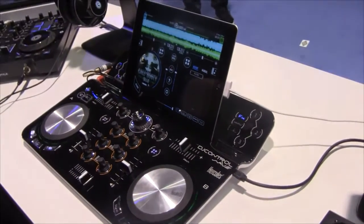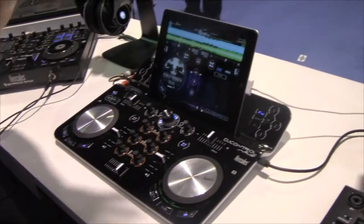Price point will be $299, available approximately April we're looking at. For more information and where to buy them,